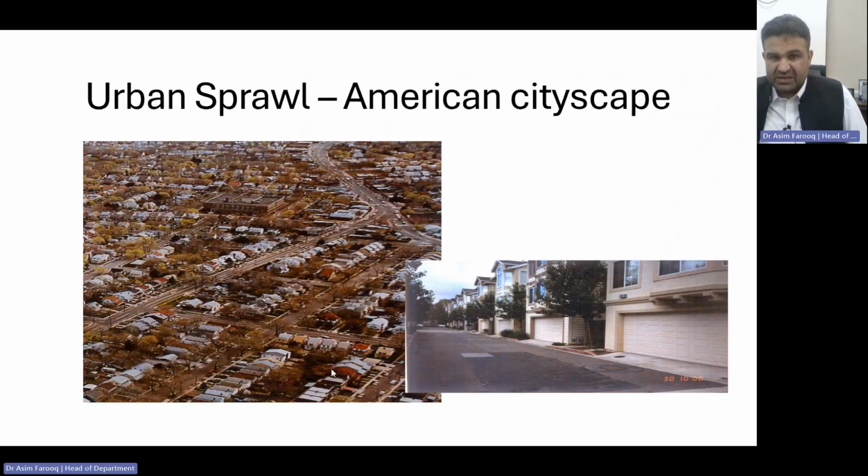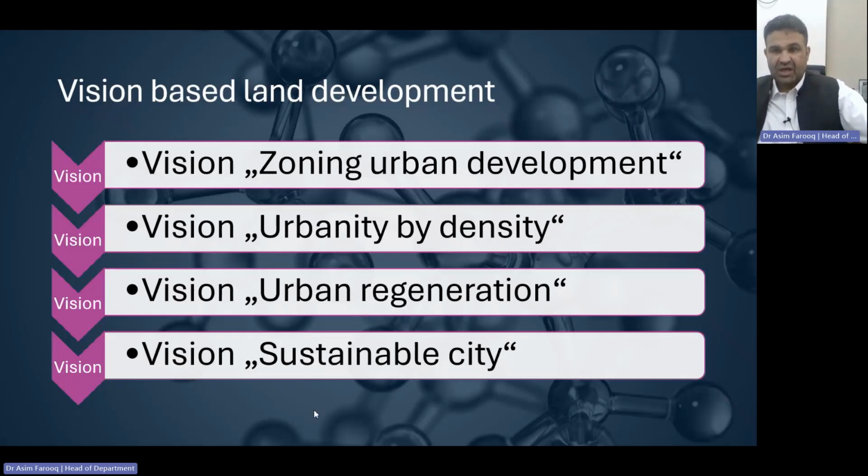Urban sprawl took place while Americans were actually leading the cityscape. People were trying to move from those centers to the outskirts in order to find more economical land and also have less population and less pollution as well. So the urban sprawl concept also increased in the 1960s. Another concept started after the World War, which we called the vision within the zoning in